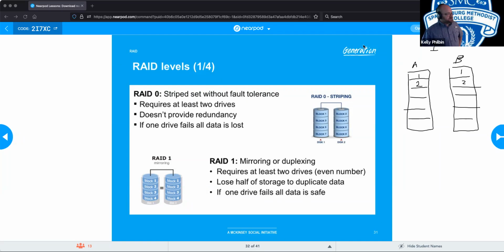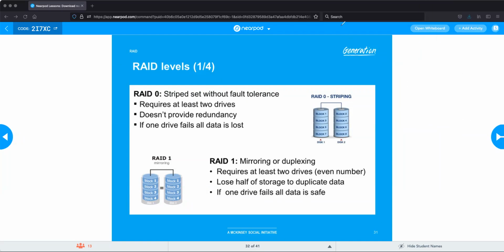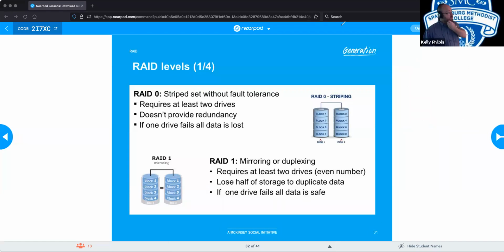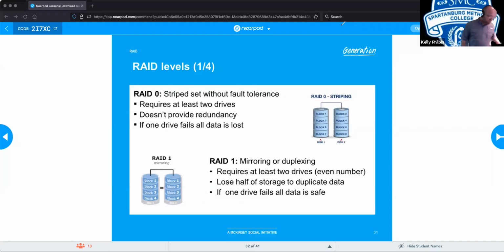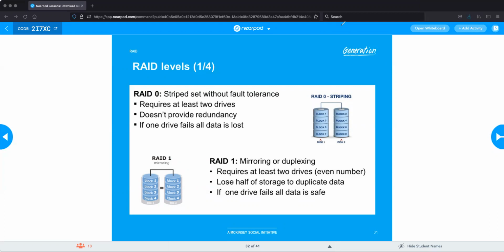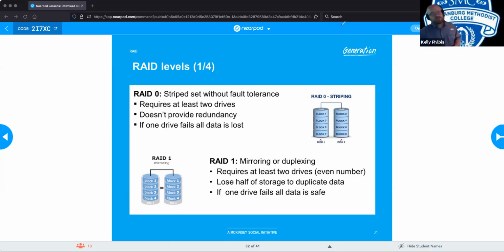All right. This is used within every computer? No. Where will we find this? No, this is something you can set up in computers. Like if you're going to be doing large amounts of storage, this is something you can set up if you use multiple drives. So in RAID striping 0 for striping, if you have, like